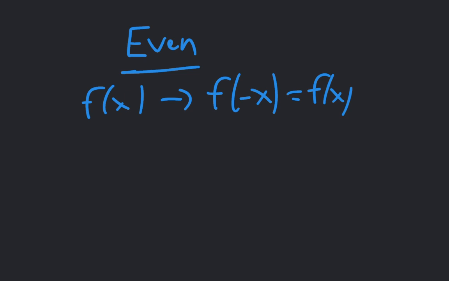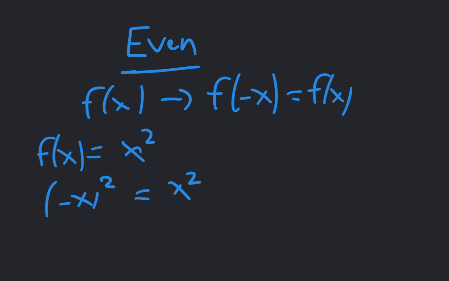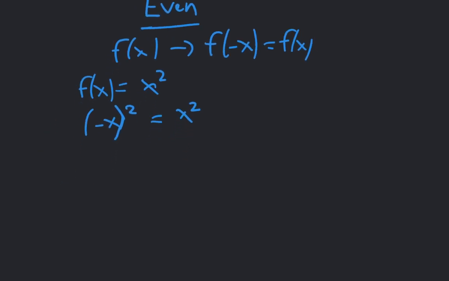So let's say, like x squared. We plug in x squared, and we want to know even or odd. Well, we do negative x, and then we square that, and that happens to just be x squared, which is the original function value. And what this means is that when you go to graph this